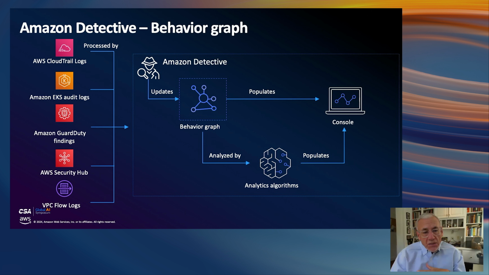And when GuardDuty detects that that's not the location of the instance itself, it doesn't necessarily mean something's wrong, because it's not illegitimate to use those role credentials elsewhere, but it's not usual, and it's an indication that something might be wrong. And so GuardDuty creates a finding that in and of itself, again, may not be a matter of urgency,